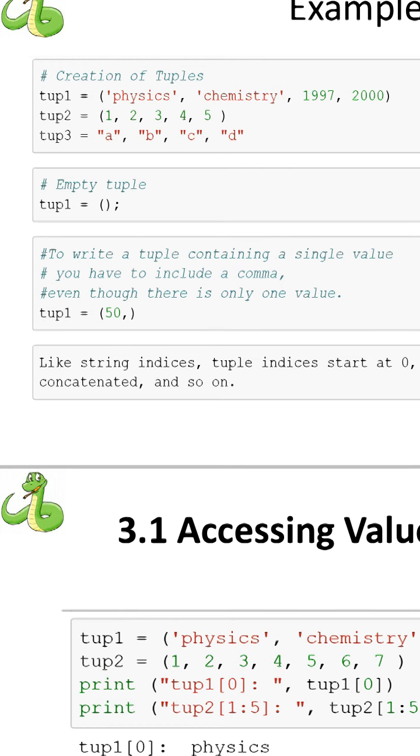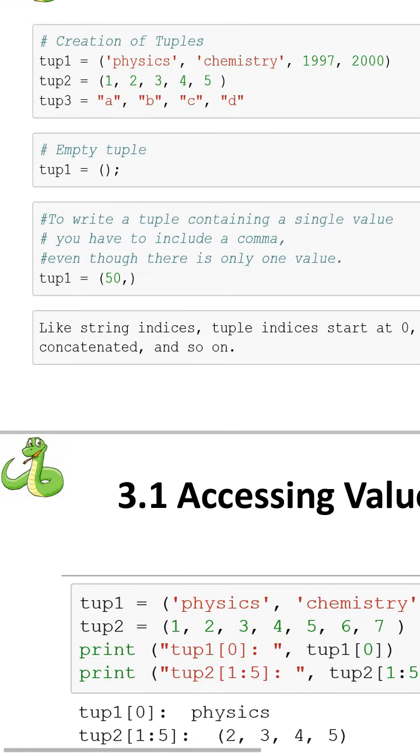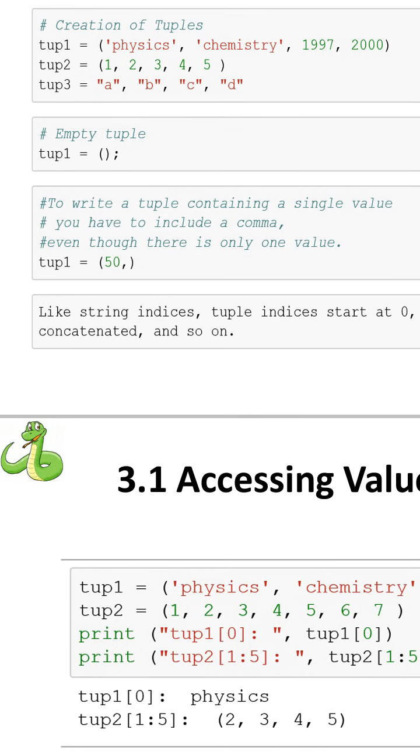An empty tuple can be created the way we create an empty list. While creating an empty list we used square brackets, whereas to create an empty tuple we say tuple 1 equal to empty parentheses. And one more thing we need to remember: if our tuple has only one element, it must end with a trailing comma.